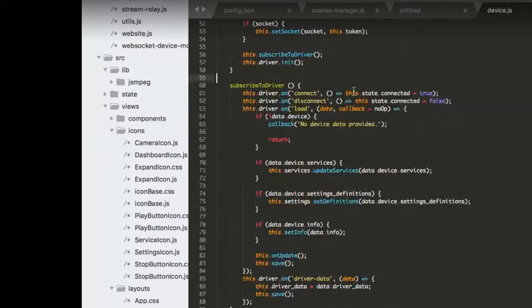To make that easier from the ESP, because it's harder on the ESP to build a big object of the whole device and all of its services and settings definitions,